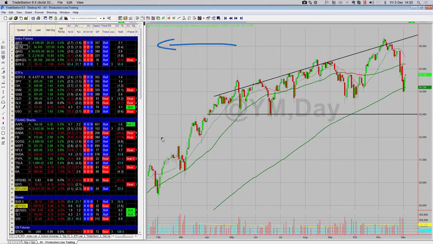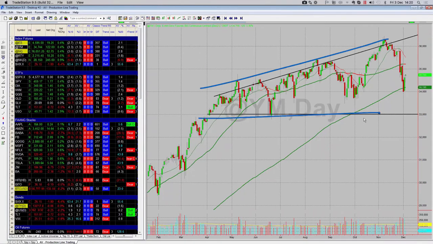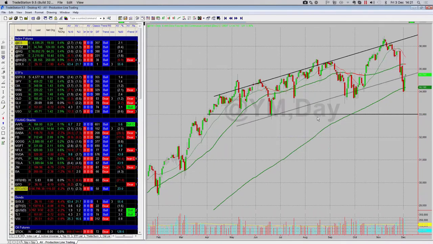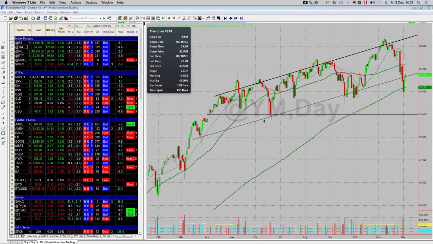The first thing is those percentages. Then the next thing I'm looking at is, now we're looking at the charts, where is price in the context of what we're looking at. So in the case of the Dow, it's in a consolidation. No one's in any doubt that price is contained. Again, let's just draw a parallel trend line. Let's just see where we've got some new information since we first drew this. I'm just going to see if we can catch some of these lows. That could be interesting. I'm just kind of struggling there.